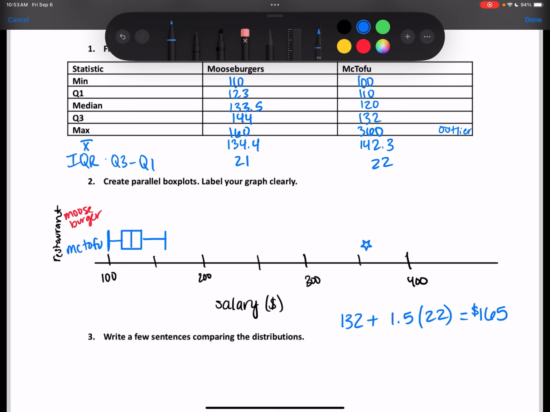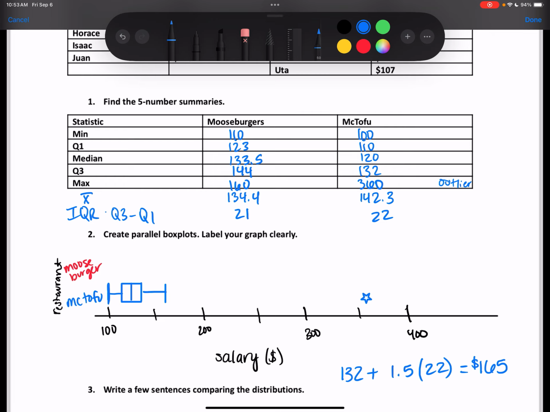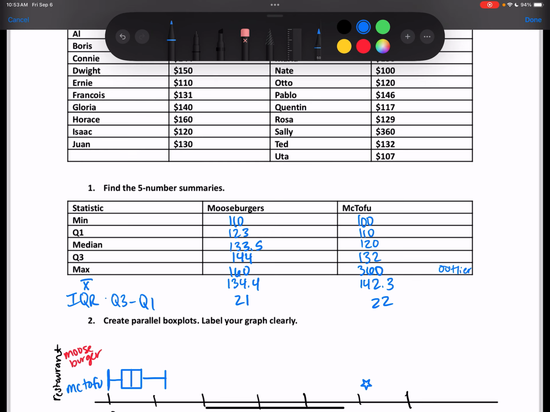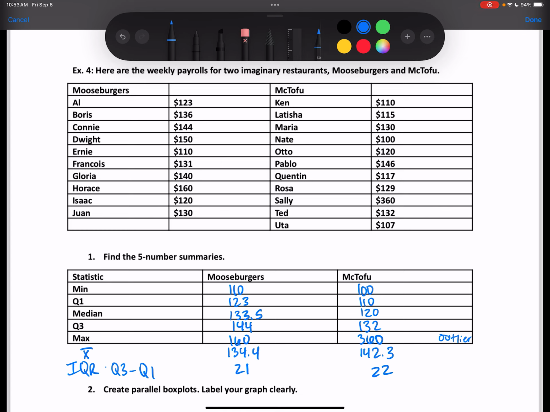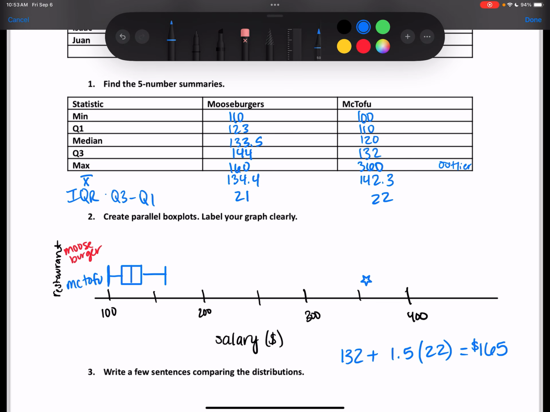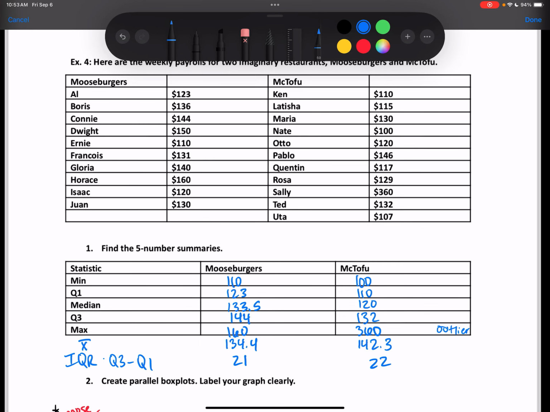Actually, hold please. I forgot we had a list of numbers and not just this. So I'm going to go up and look at my max number that's past 132 for McTofu, because if I have a list of numbers, then I use the highest number that's given to me. I forgot we had that. Wouldn't you use the Q3 minus Q1 thing for this one? Well, I use it to find my outlier, but if I was just given the information you can see on my screen right this second, then it's done correctly. But because I have a list of numbers up here,